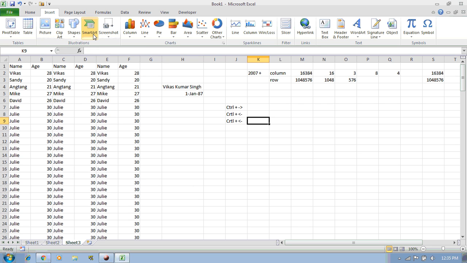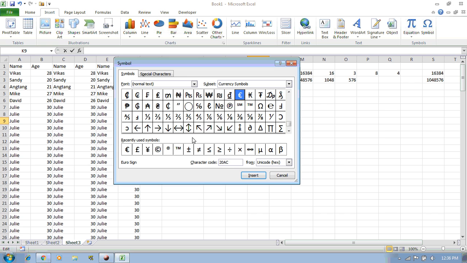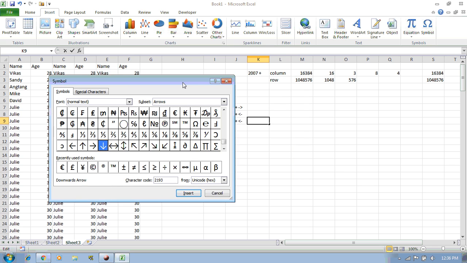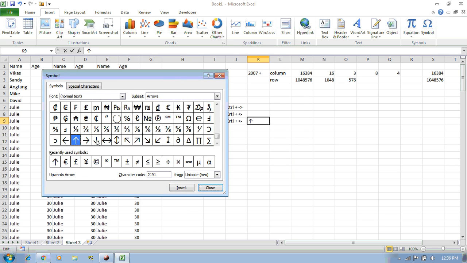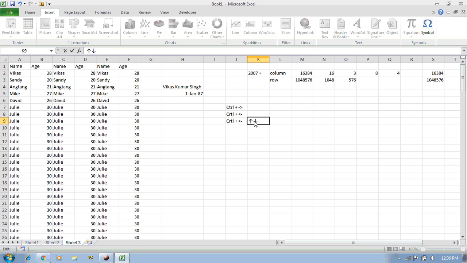I can add the symbol from here, so this and this. You should be aware of each of these shortcuts which I am telling you.